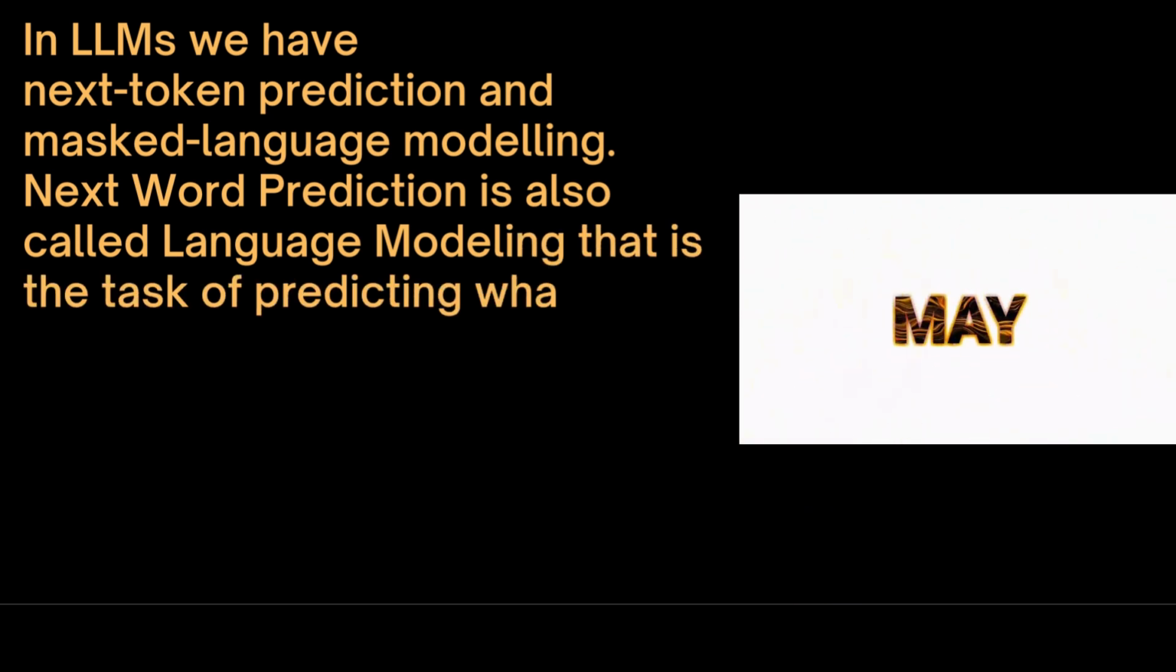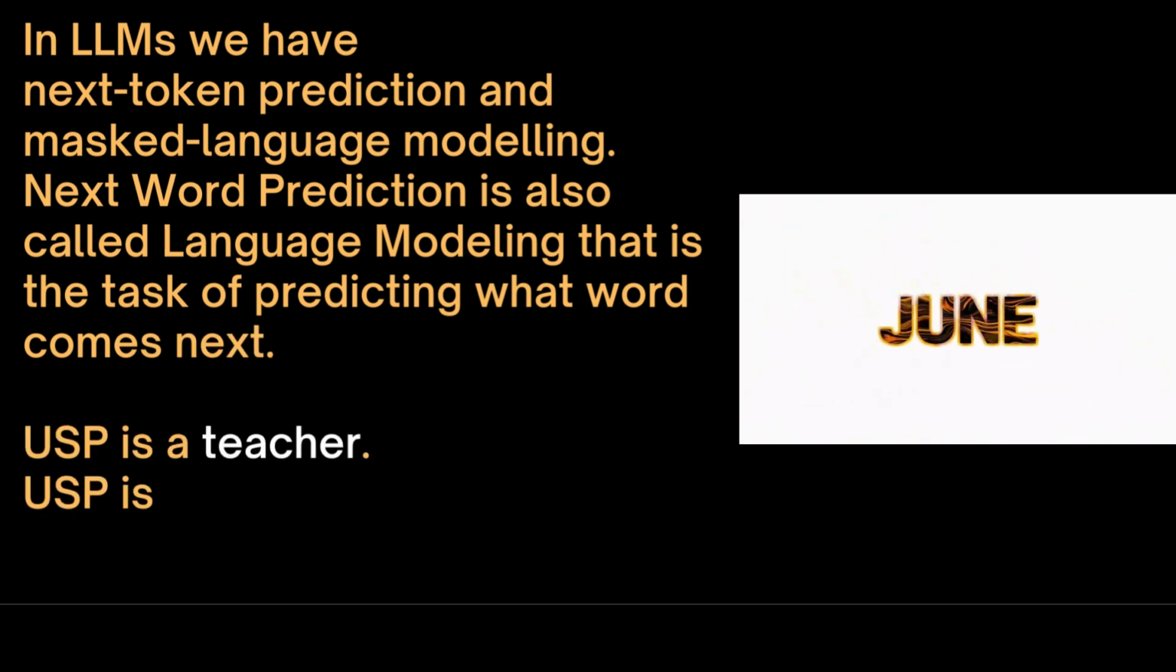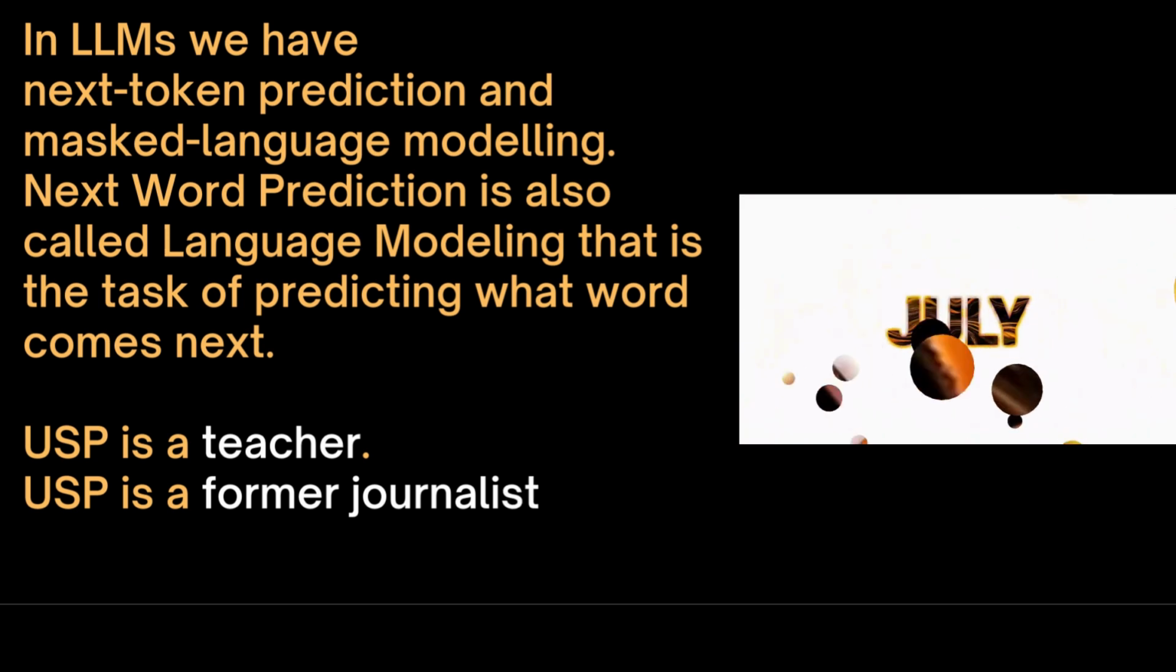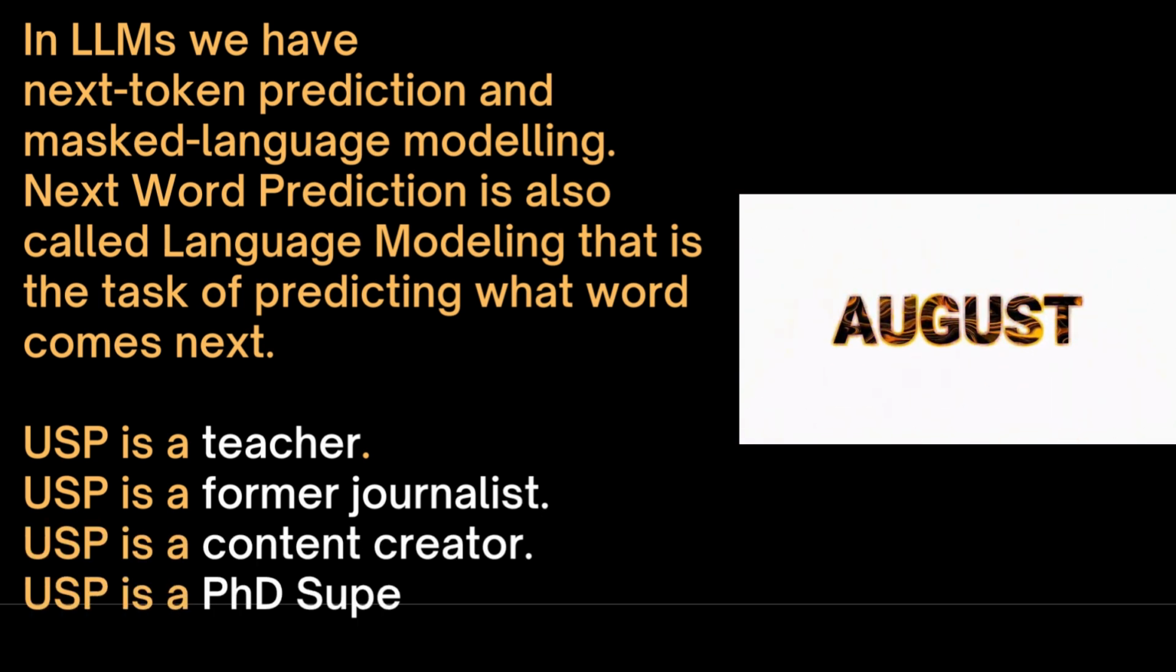For example, if the sentence begins as "USP is a", the next word prediction will predict whether the next word would be a teacher, a former journalist, a content creator, or a PhD supervisor